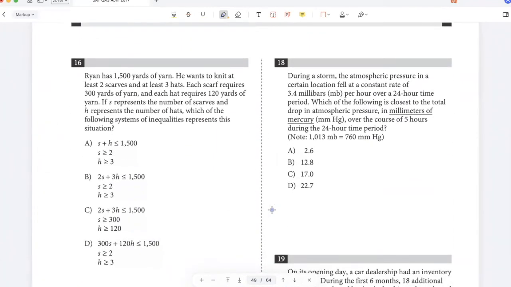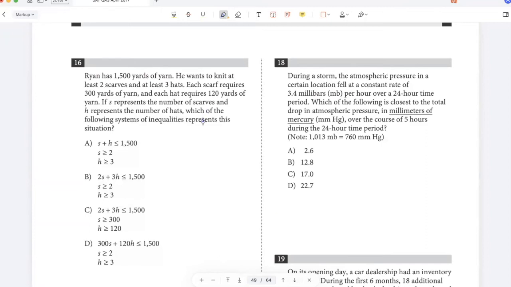Ryan has 1,500 yards of yarn. He wants to knit at least 2 scarves and at least 3 hats. Each scarf requires 300 yards of yarn and each hat requires 120 yards of yarn. If S represents the number of scarves and H represents the number of hats, which of the following systems represents